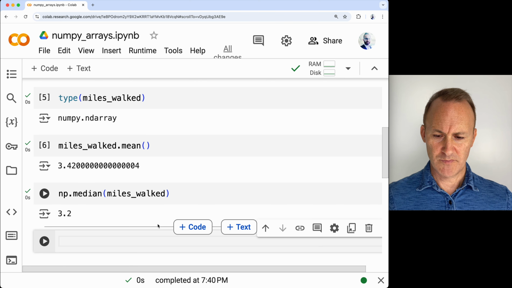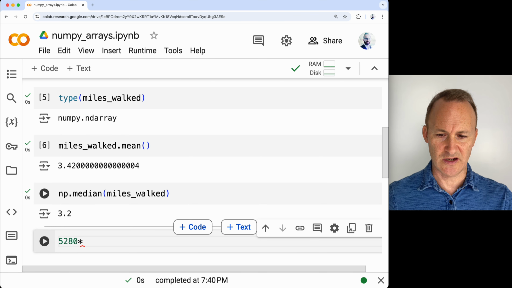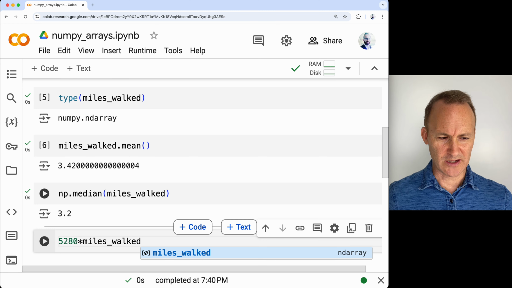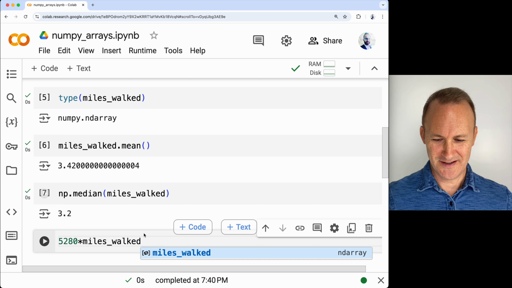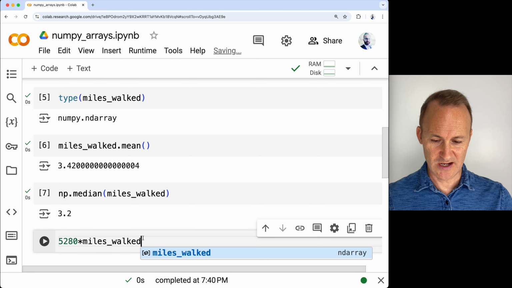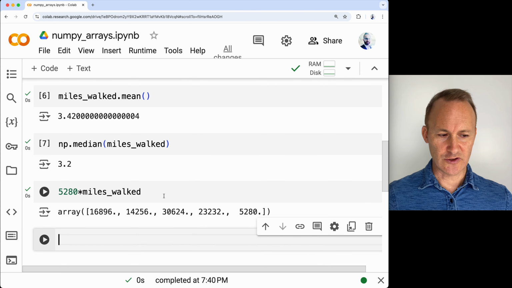But what if we want to do a conversion, like out of miles into feet? I don't know how many feet I walked. Well, it's 5,280 feet in a mile. So can I do this, 5,280 times miles walked? That's interesting. In the concatenation world of lists, you might get something 5,280 times. But if you do this, look at this, it actually goes inside and multiplies each element of the NumPy array